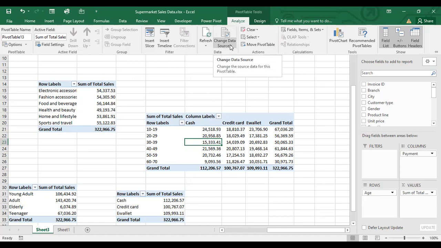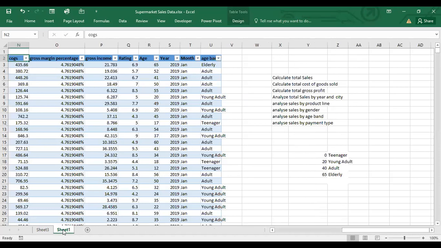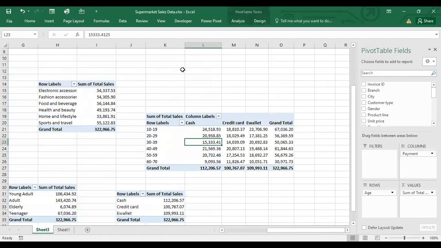Let's say we didn't name our sales table before. Let's assume that we didn't name it, and we added year, we added month, we added age band. When you refresh it, nothing will happen. It will not join. So in that case, what you have to do is you go to